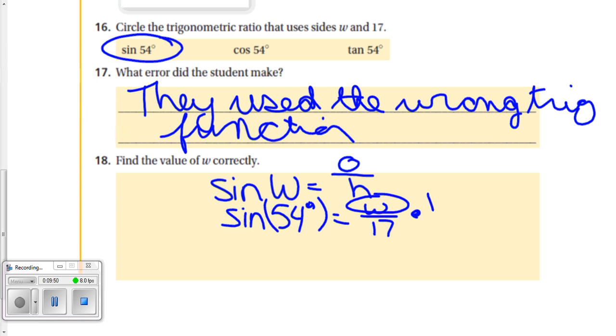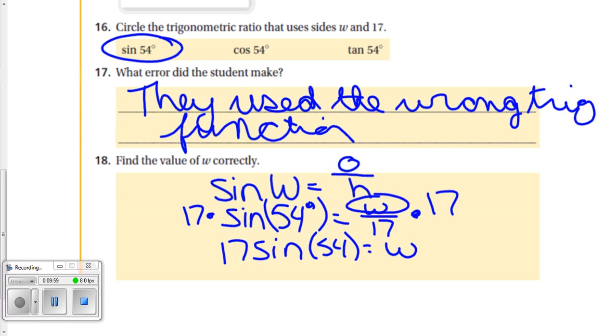So in order to do that, I'm going to multiply both sides by 17. So I get 17 times the sine of 54 is equal to W. Now that my W is alone, I can go ahead and type it into my calculator just as I have it written. And I get